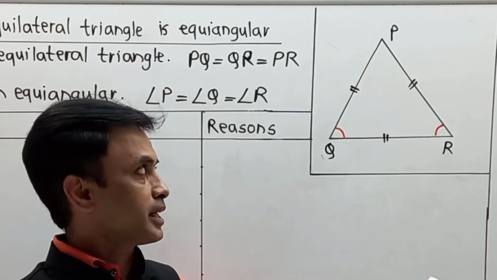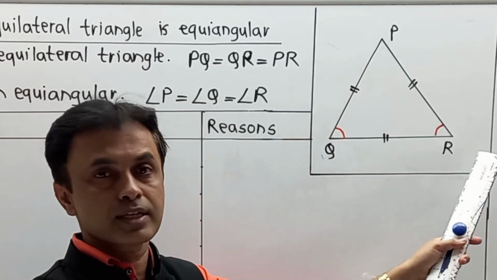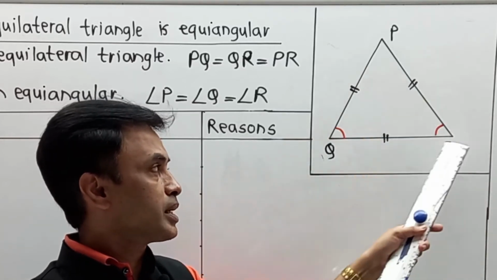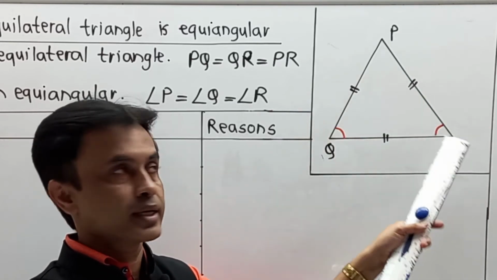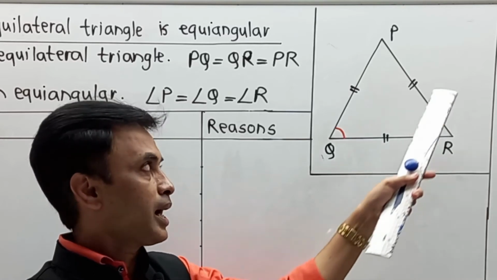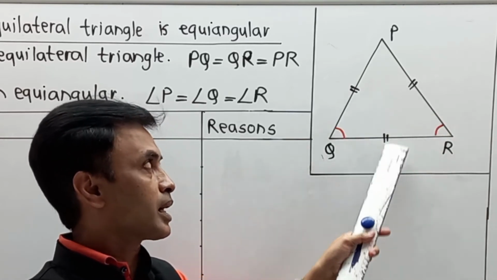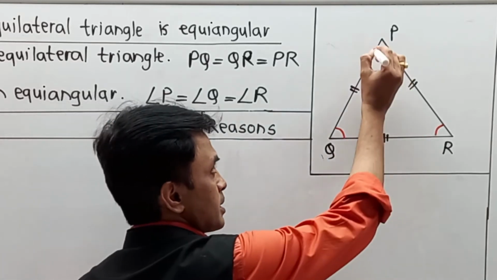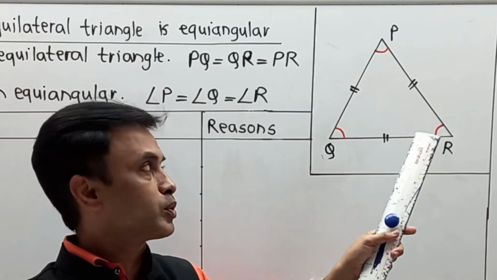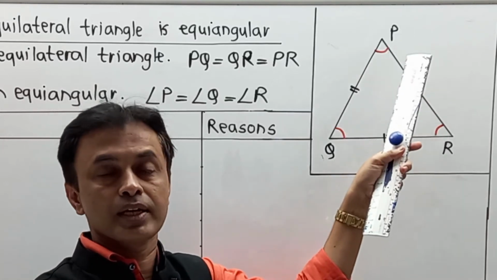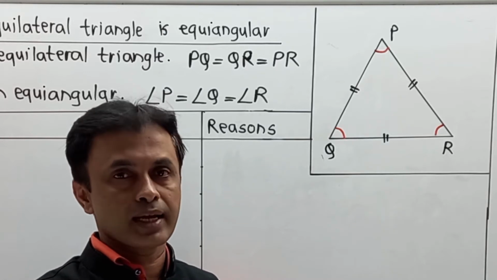In the second case, we are going to take two sides: one is PR and the second is QR. Again in triangle PRQ, PR is equal to QR. Then these two sides are equal, and the angle opposite to this side and the angle opposite to that side are equal. Now from 1 and 2, all three angles are equal. Naturally the given triangle is equiangular, means equal angle triangle.